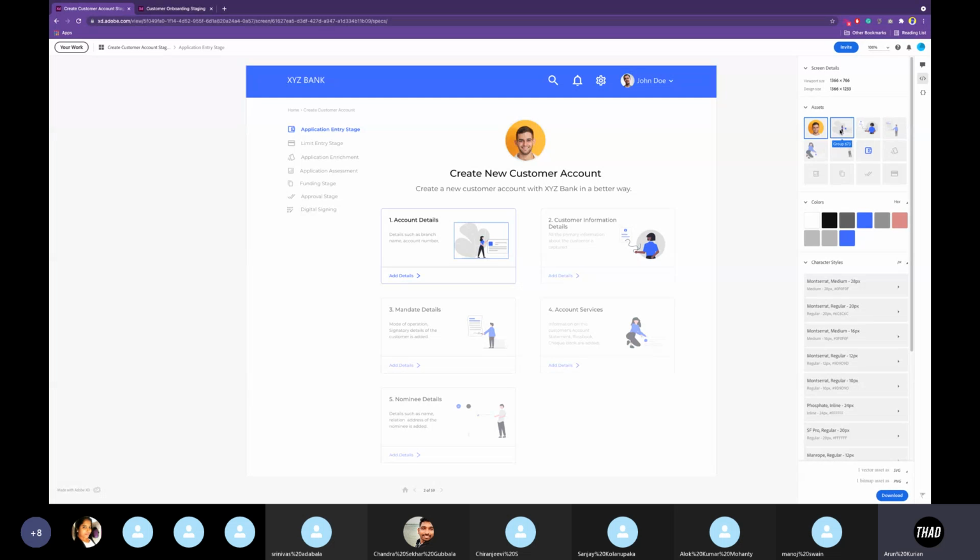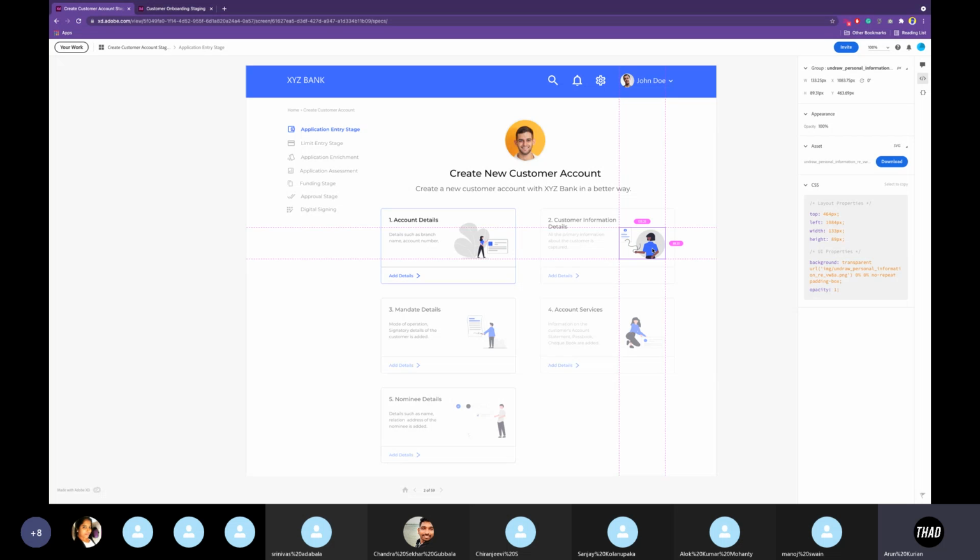Then, if you want to have this asset, you can do the same. The other way is you just need to click here and click on a particular asset. Then also you will be able to download the same asset. Am I clear?